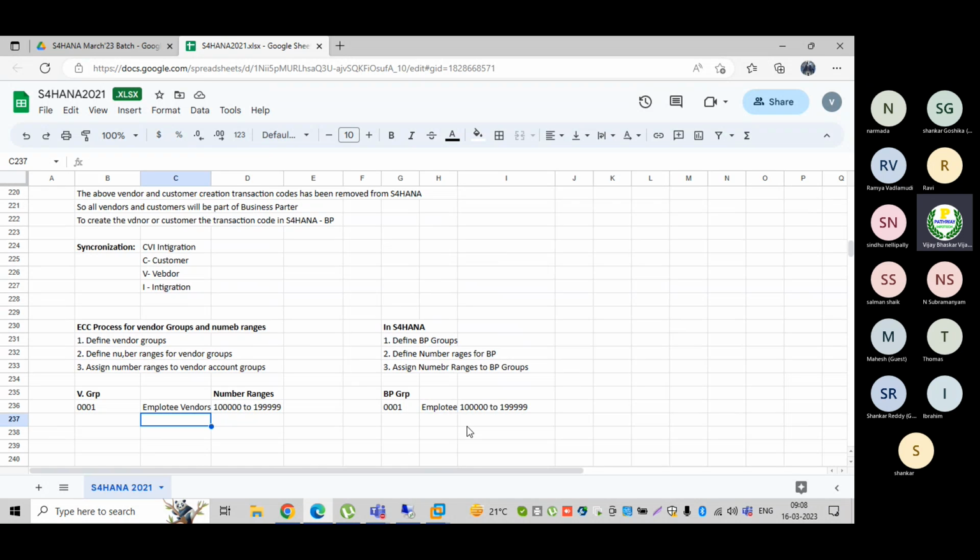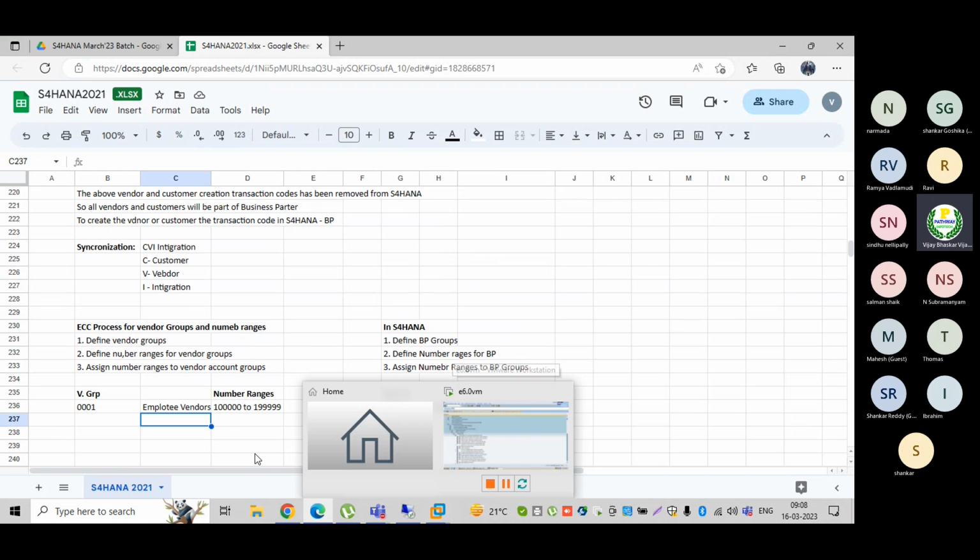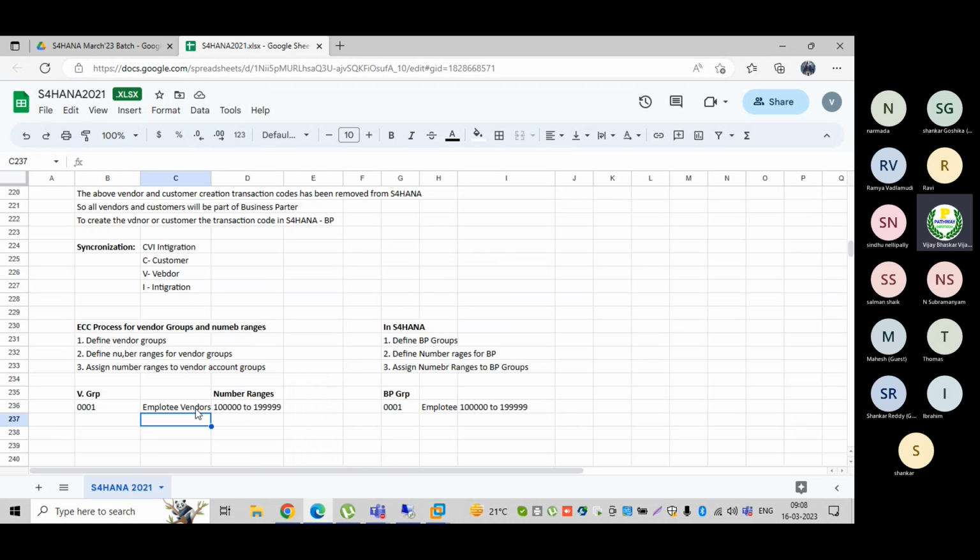Even in real time it will be there. But now, because multiple people are using the practice system, maybe we cannot generate the same number. Okay, that I will show you. Due to some number range constraints and other factors, we cannot generate the same number, but from a real-time perspective I have some other screenshots. I will show them to you, if you want, just for your understanding.